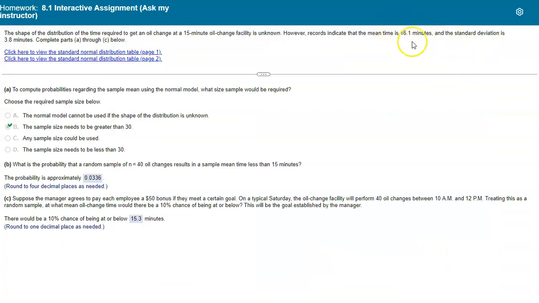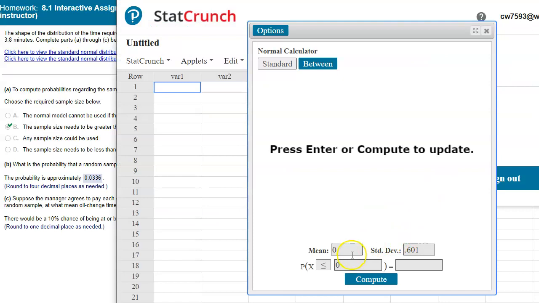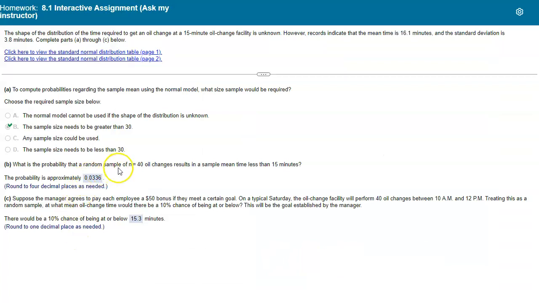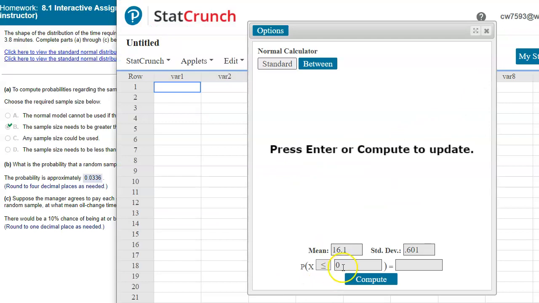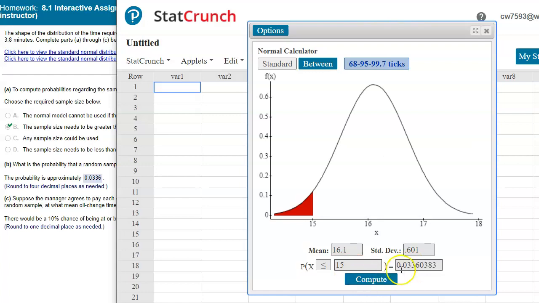We're told that the mean time is 16.1, so we'll include that here. And we're asked to see the probability that we're looking at a time less than 15 minutes. So less than 15 minutes, and I'll click compute, and that's how I get the probability that was requested in